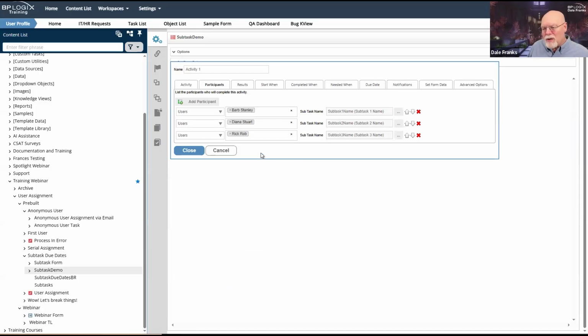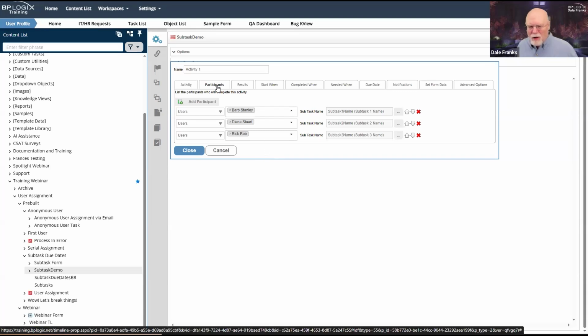I'm not a huge fan of this, other than the fact that there are circumstances, especially with larger timelines, where you can compress a couple of different timeline activities into a single activity. I don't know that I would recommend it per se, although there are some times when it does make sense.